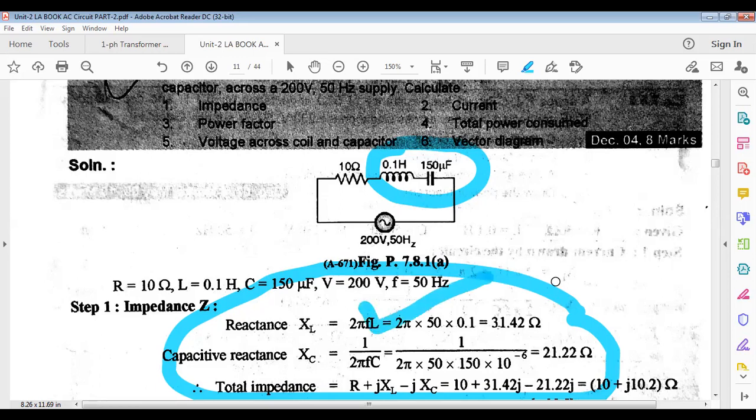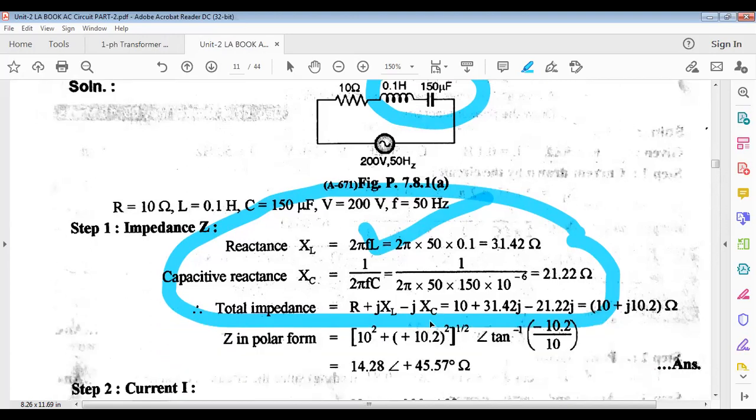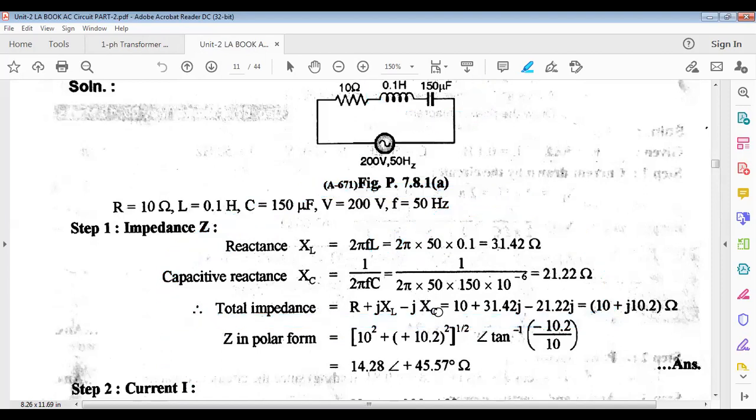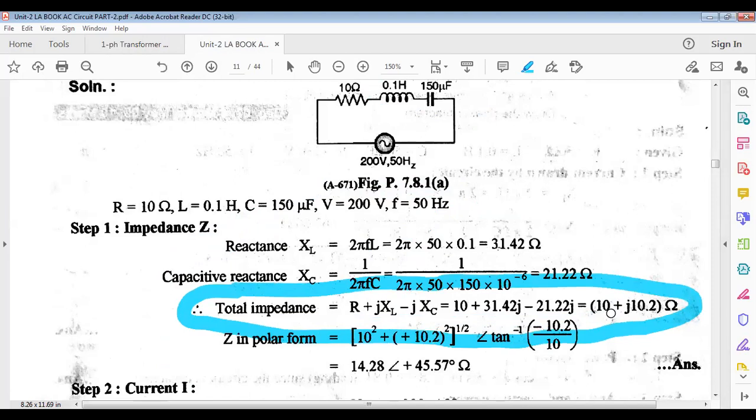And as XL is greater, you can find Z, with real and imaginary parts. Will both be positive or negative? The real part R is always positive. What about the imaginary part, positive or negative? Positive for inductance. Correct. What is the formula for Z? R plus j(XL minus XC). You put in the values of XL and XC and calculate Z. In rectangular form, its real and imaginary parts are both positive, so if you calculate phi, you will get it positive.